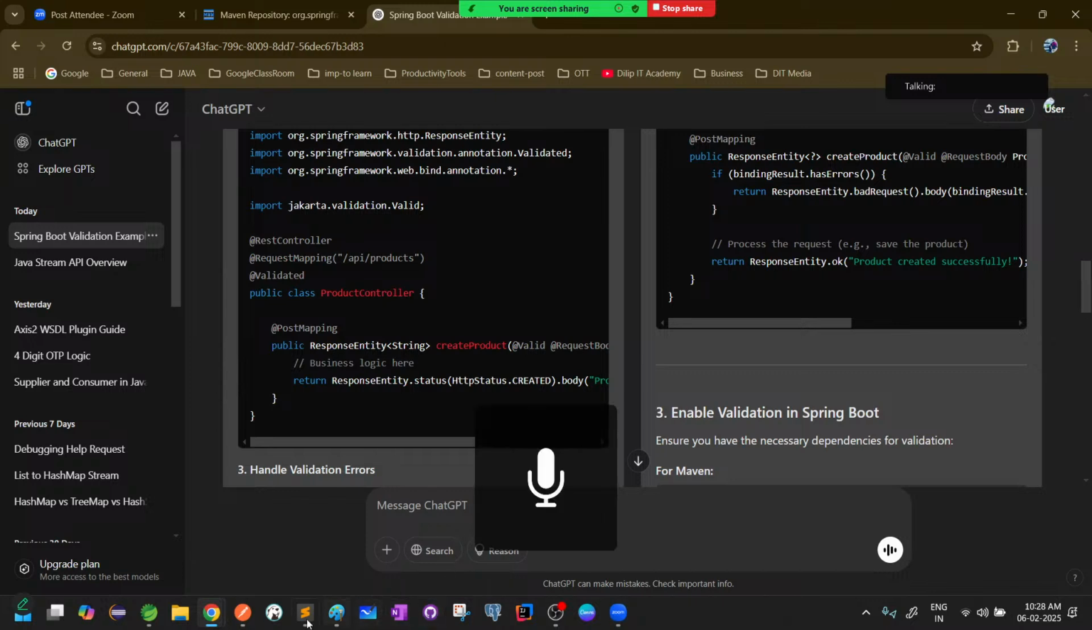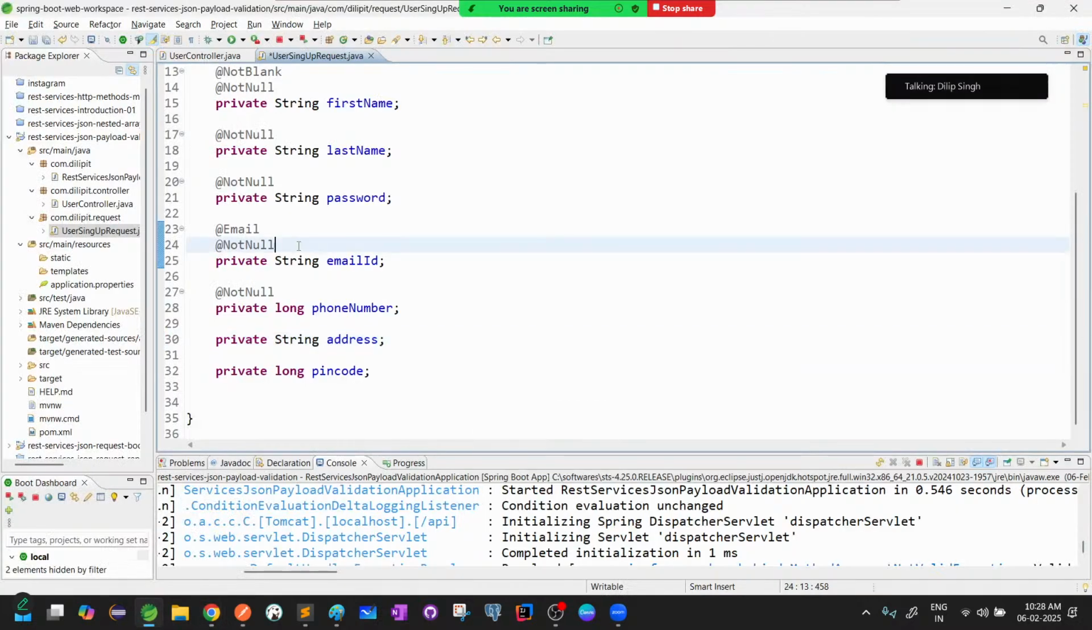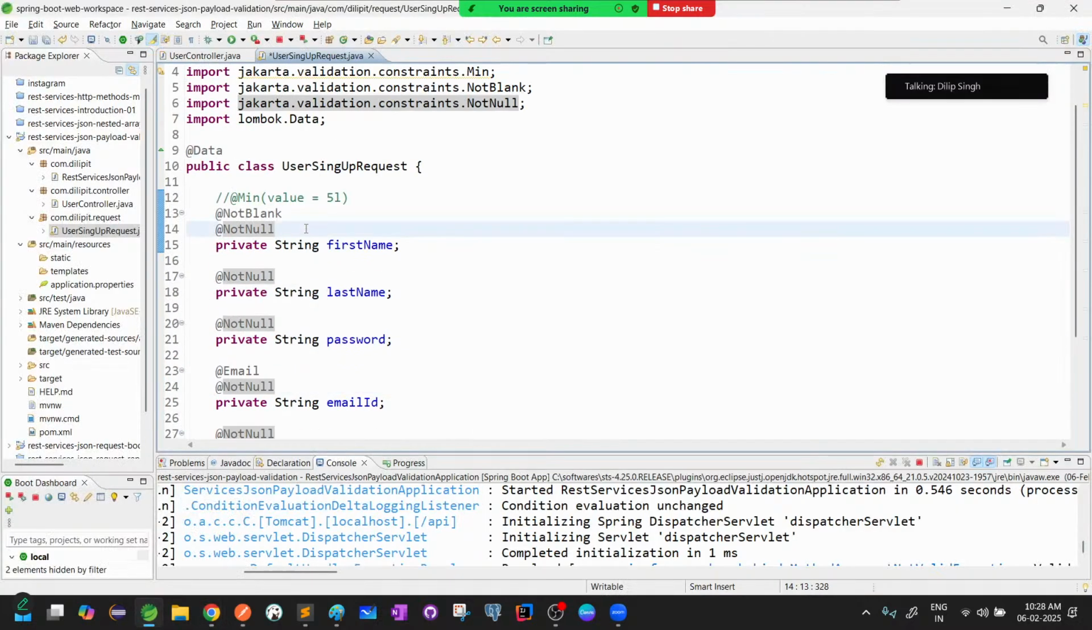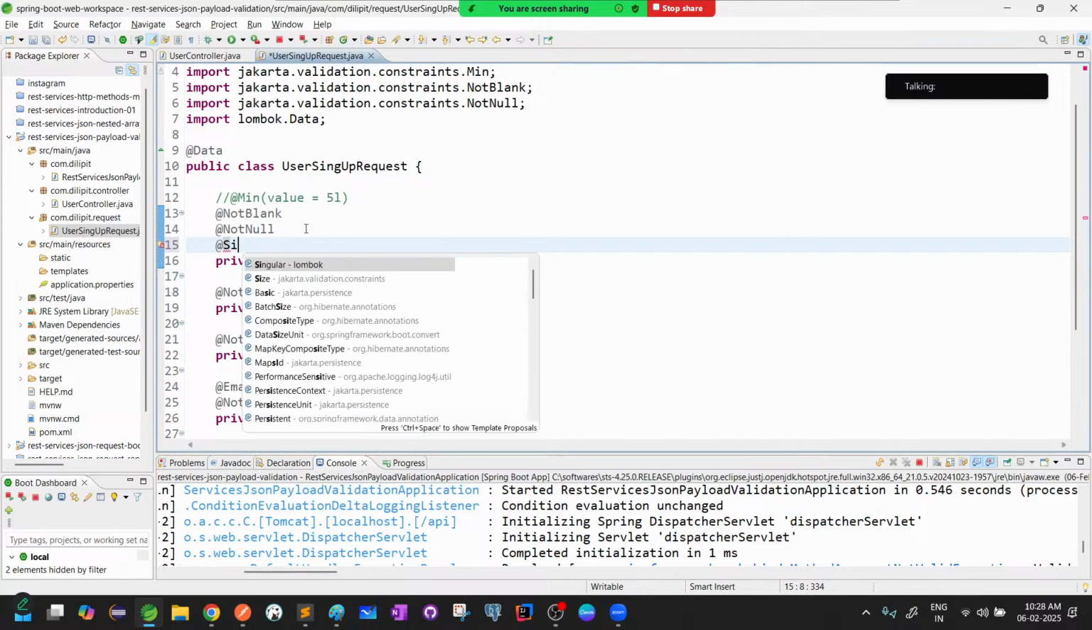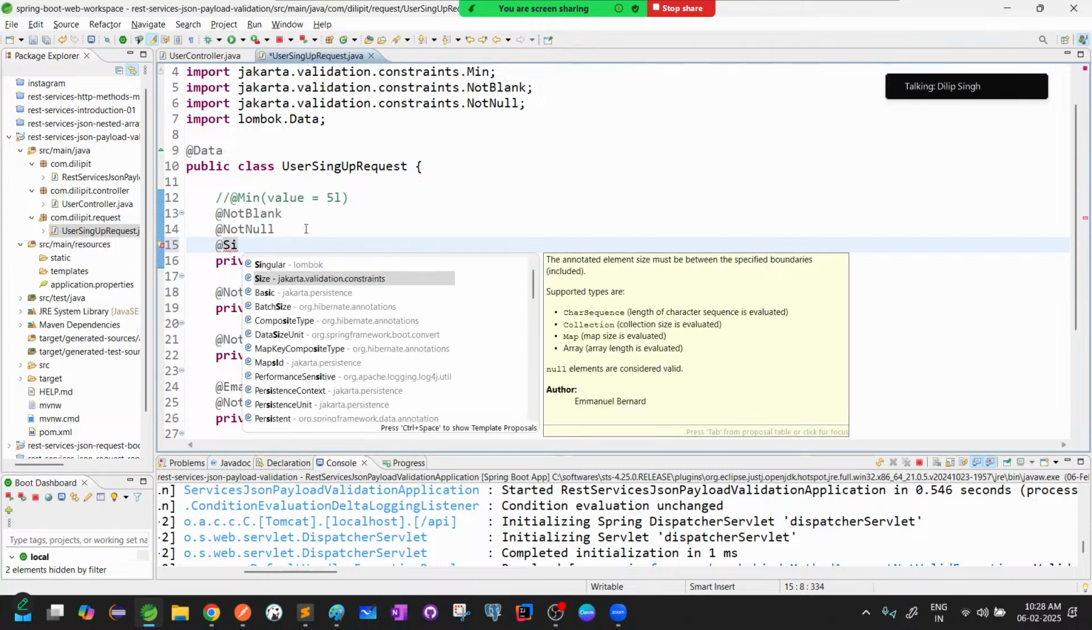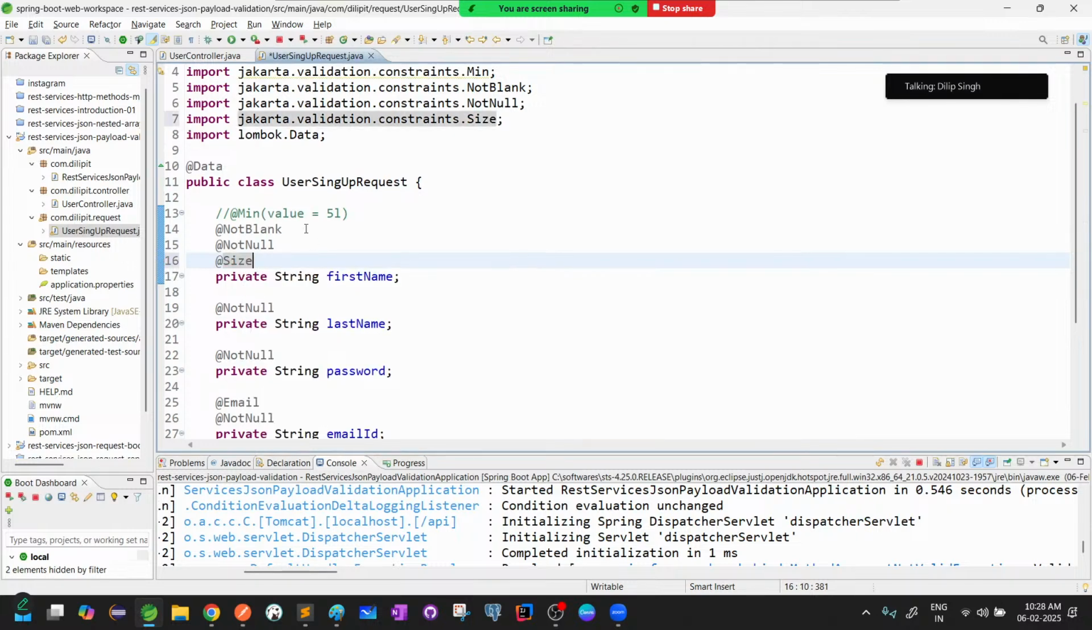Okay, let's try. I think at the size also. No size. Okay, I think here in size you can provide min and max. I can provide minimum 5, max equal to 40, and then message equal to first name